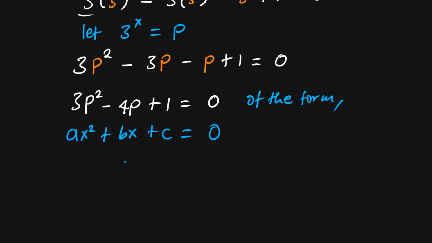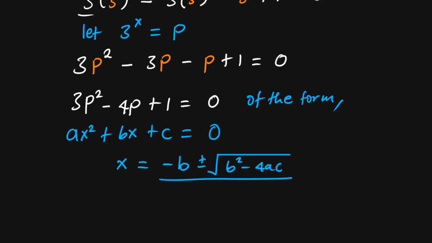From the formula, x equals negative b plus or minus root of b squared minus 4ac all over 2a. On comparison of these two equations, we see that the coefficient of x squared, a, corresponds to 3, the coefficient of x, b, corresponds to negative 4, whereas the constant c corresponds to 1,